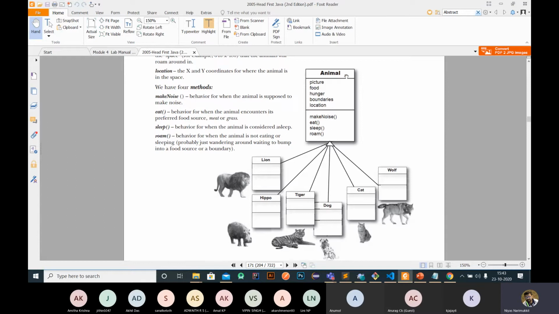So this is a generic animal class, and we can say that this is a base class or superclass. The classes called lion, hippo, tiger are the classes that inherit features from our superclass. These classes are called derived classes or subclasses.